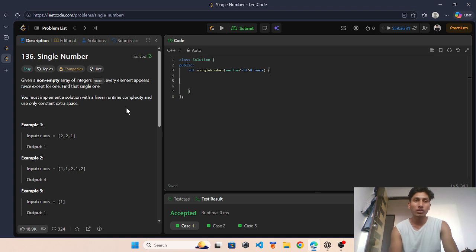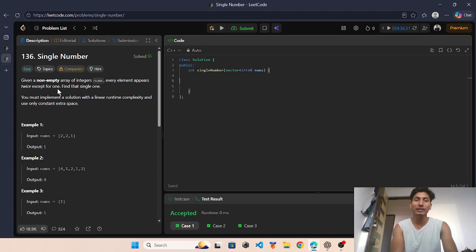In this question, given a non-empty array of integers nums, every element appears twice except for one. Every element in this array appears two times, except one, which appears one time. Like 2 is two times and 1 is one time; 4 is one time, 1 is two times, and 2 is two times.